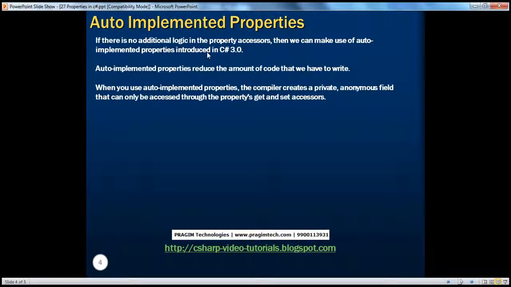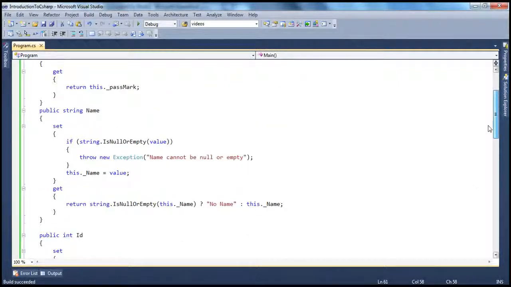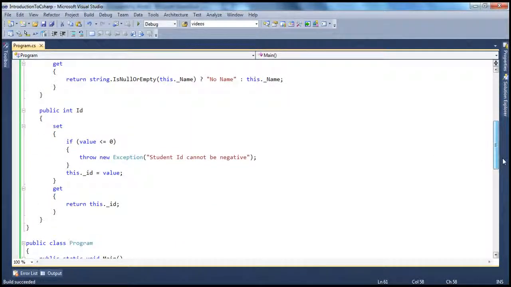And another important concept that got introduced in C# 3.0 is auto-implemented properties, because many a times, you may not have any logic like this. For example, here we are validating the name field, and here we are validating that the student ID should not be negative. But many a times, let's say, for example,